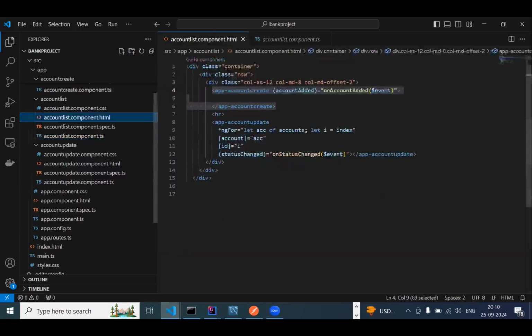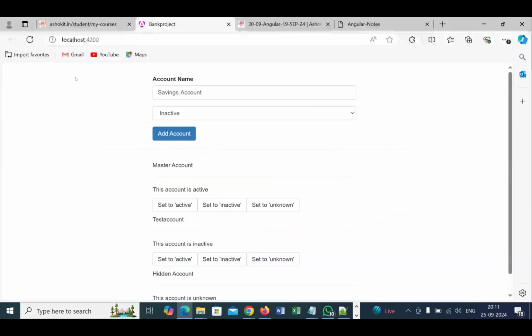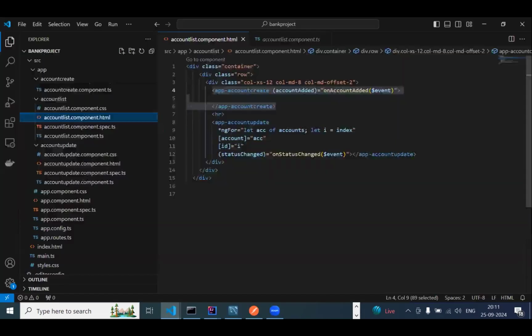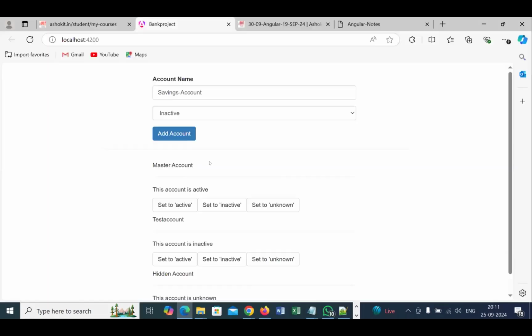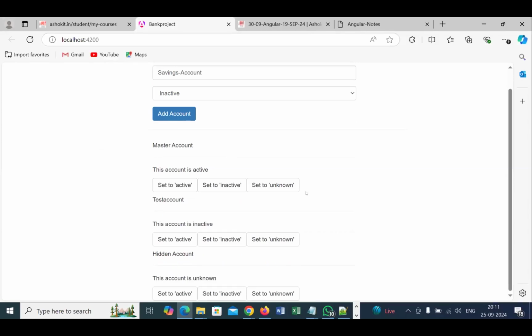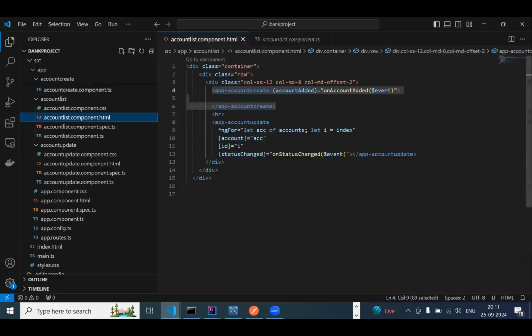So this is the one. This page displays this page. This is the first portion. Before the HR line, this is the account create. And at the bottom, what you are seeing here is the account update. Once this call goes to the account create,